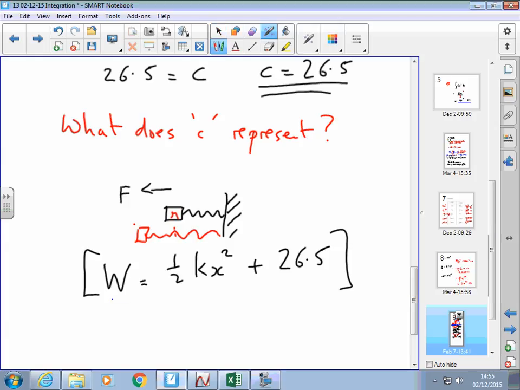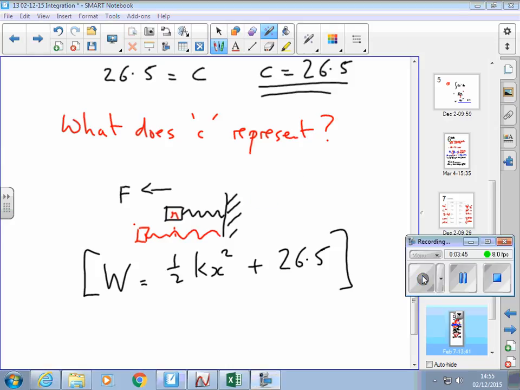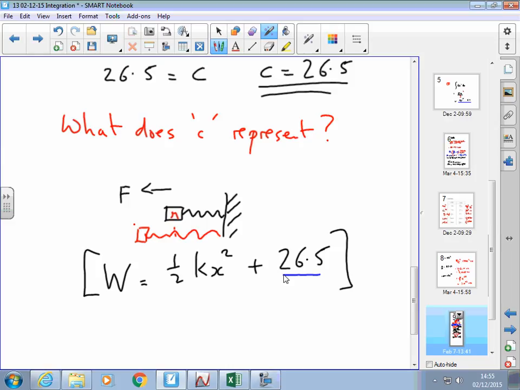Here it is. Now what we have to do is think back to our original problem, which was this spring here, this original situation, and think about what this 26.5 represents. What does it mean? And it always has a meaning when you find it, because we're applying this integration to an engineering situation, and even if the question you're asked isn't directly associated with an engineering situation, C always has a meaning. And in this case, to answer the question,